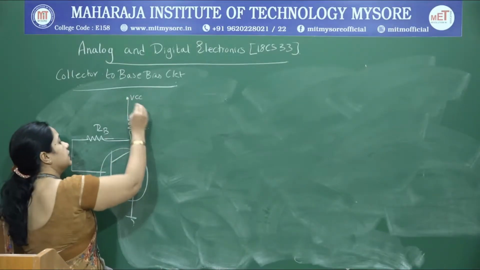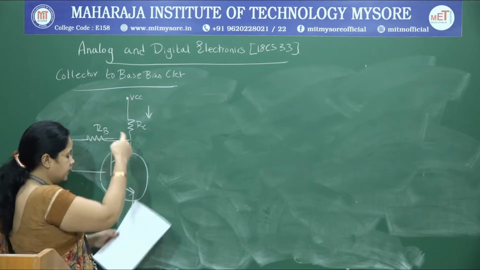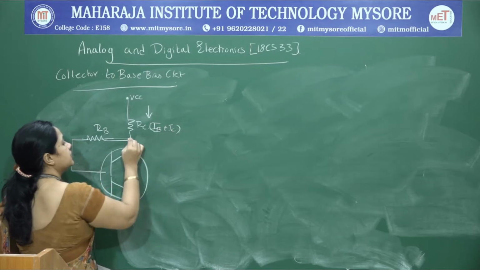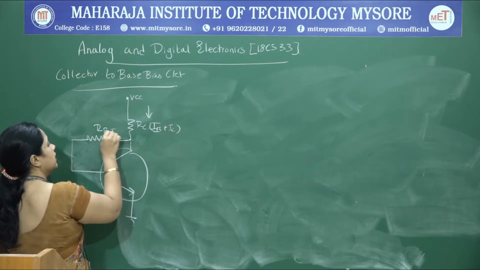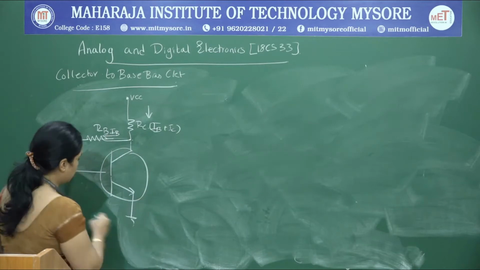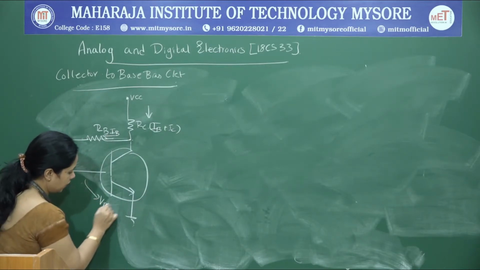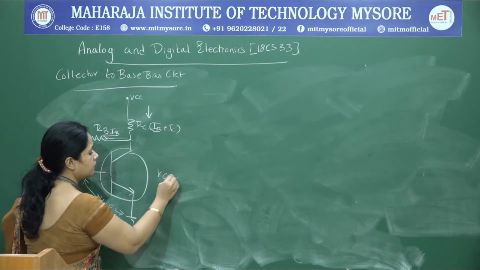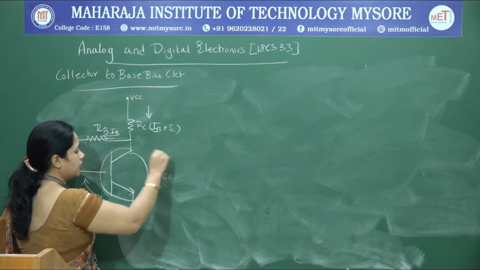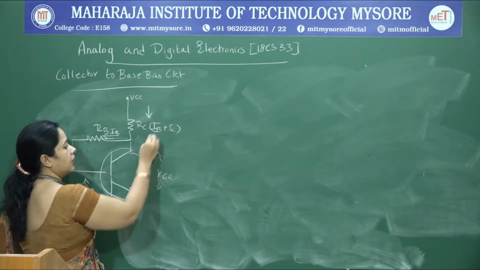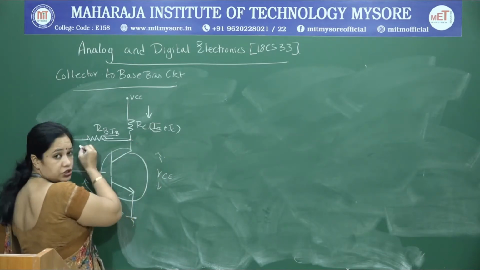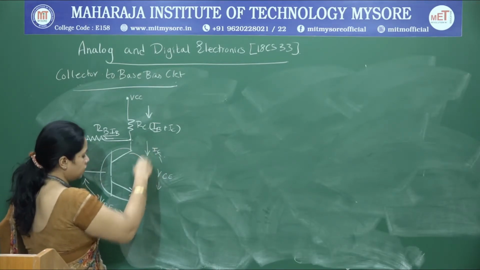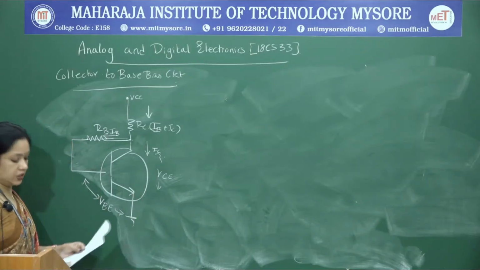You can see the current flowing in is IB plus IC, and at this junction it splits. Here we have a junction voltage which we call VBE, and we have a voltage between collector and emitter, which we call VCE. At this junction IB moves into the base of your transistor, and IC moves into the collector of your transistor.